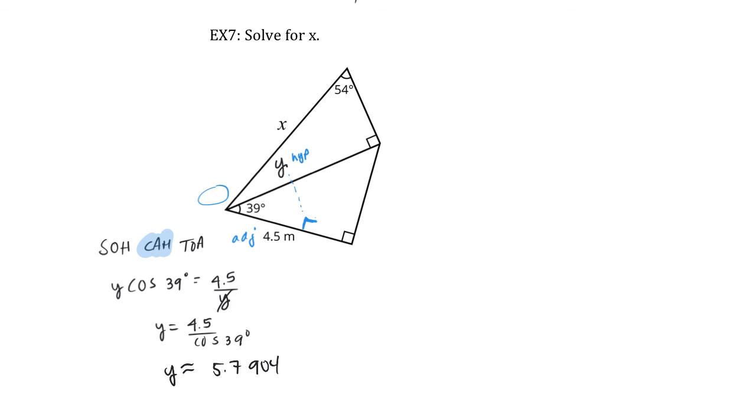5.7904. It's nice to round out to about 4 decimal places when we have to do multi-step problems just to reduce our error. Okay, let's keep in mind what we wanted. We wanted to find x. Okay, so now I'm going to